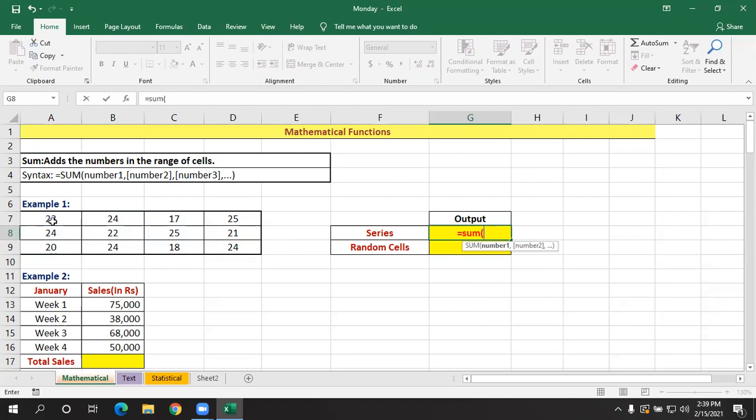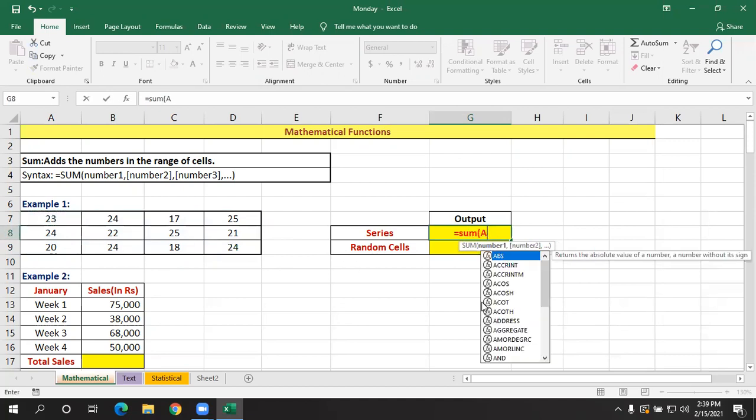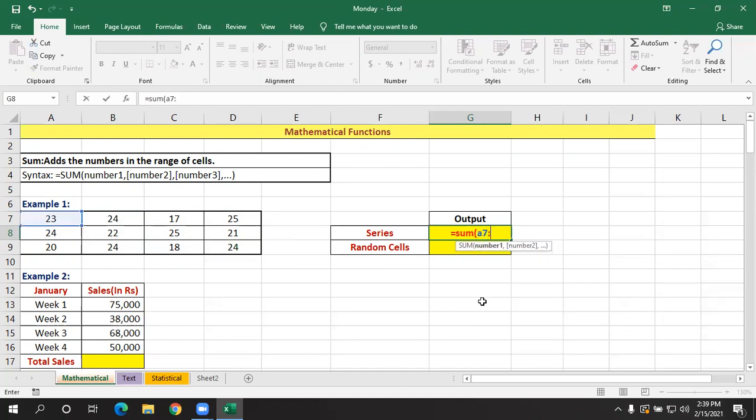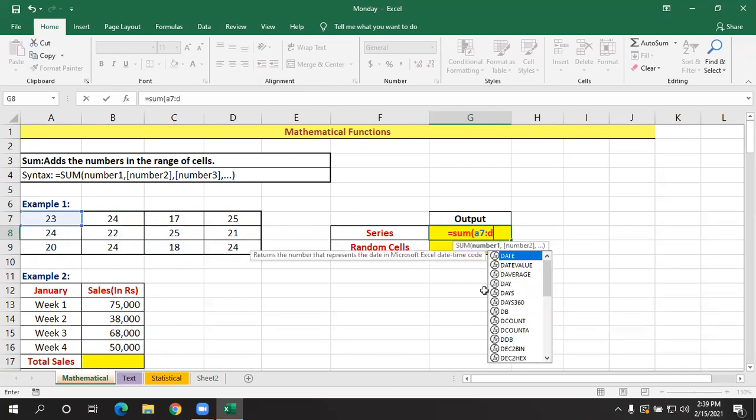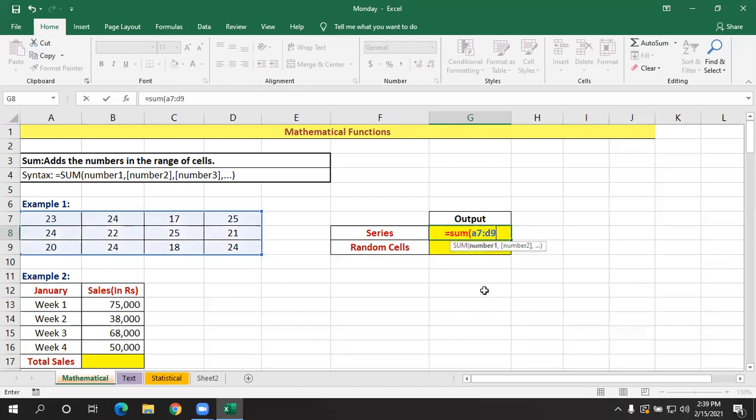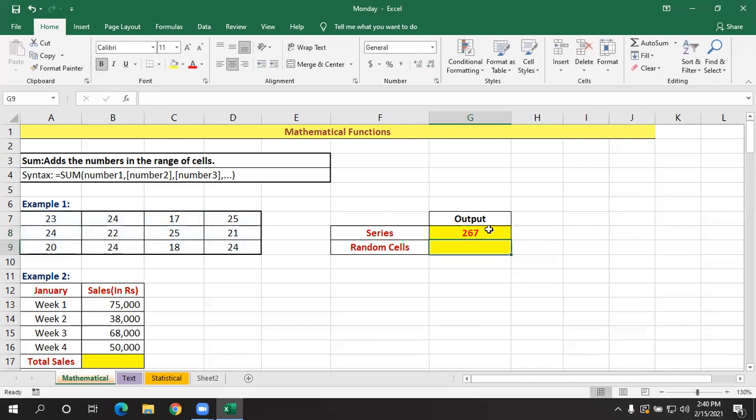First see in which cells you have the data: type A7, then a colon, then D9, that is the column name D and then 9. Close the parenthesis by holding shift and 0, and press enter. The total value is 267.